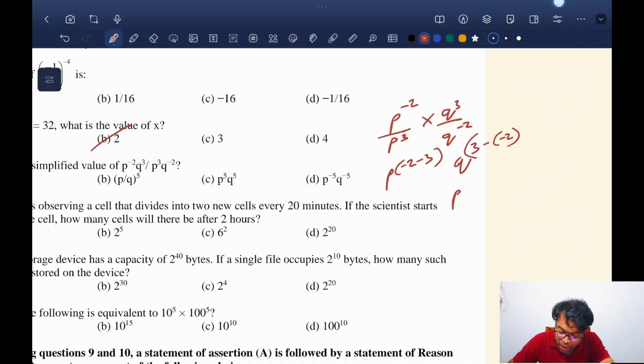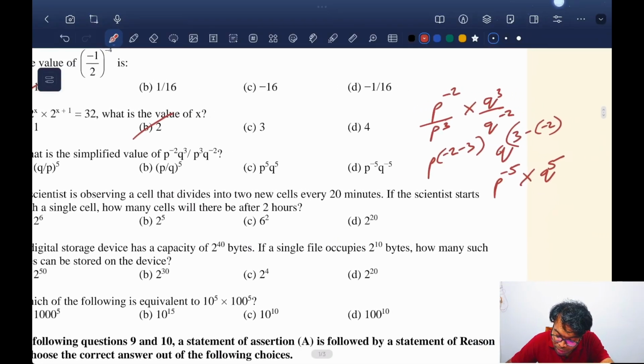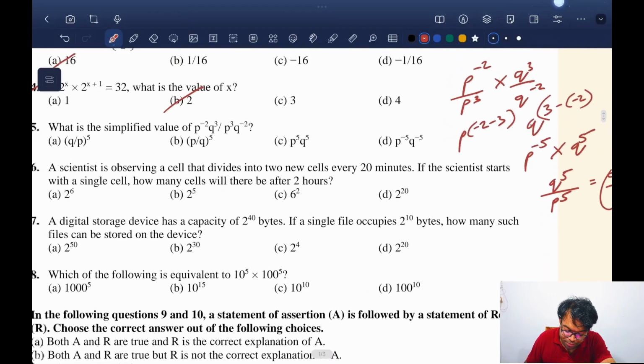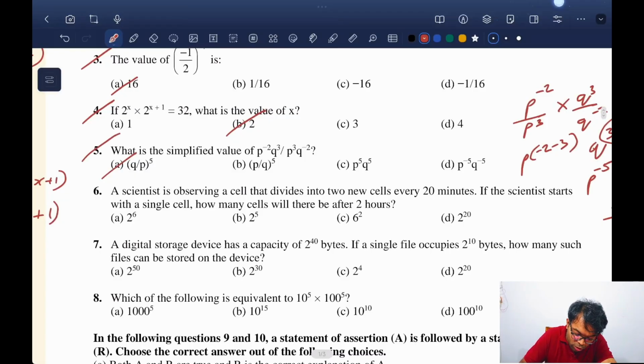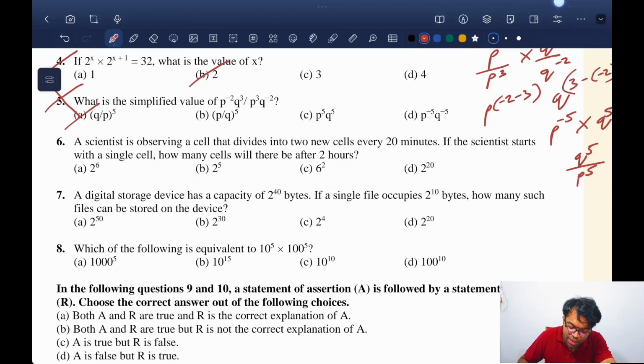So p to the power -2 -3 क्या हो जाएगा? -5 multiplied by q to the power of 5. ऑप्शंस में है, देखो q to the power 5 upon p to the power of 5 लिख सकते हैं इसको, is equal to (q upon p) the whole to the power of 5 लिख सकते हैं। क्या ये ऑप्शन में है ना? ऑप्शन में है। समझ में आ गया? तो ये तुम्हारा गलत हो गया, ठीक है। आगे बढ़ते हैं।